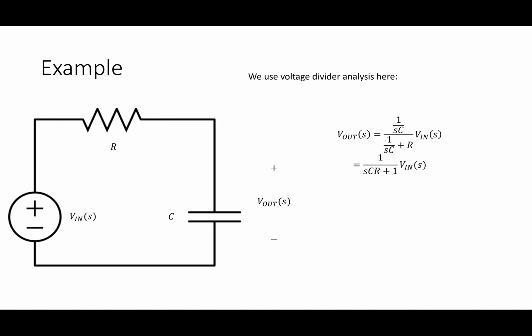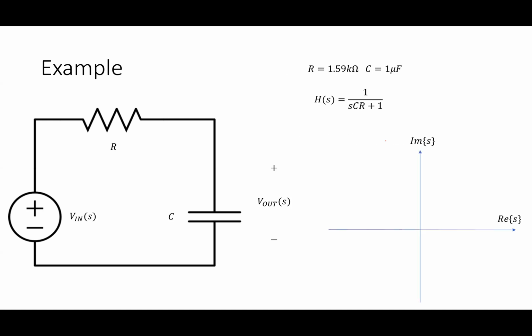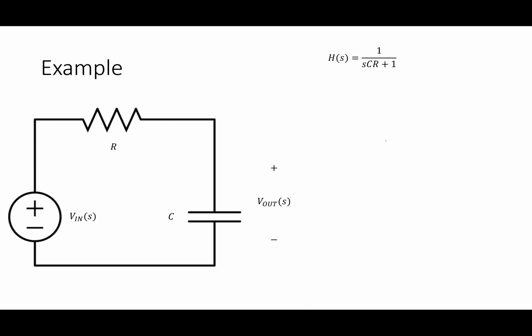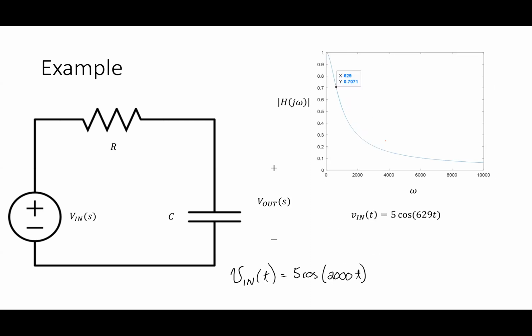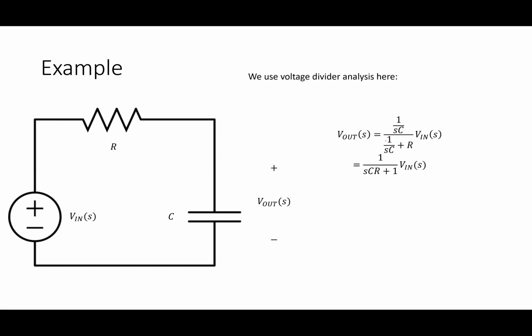So again, we did this RC circuit a couple of times. I want to think a little bit about what I'm doing here with this thing. I do the voltage divider analysis to get this result, right? So I've done this a couple of times now. With this particular result here,